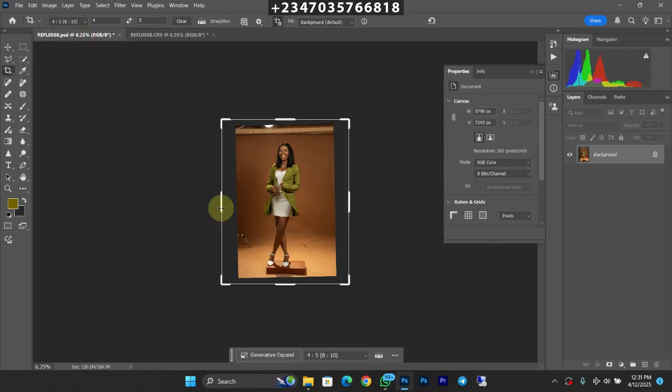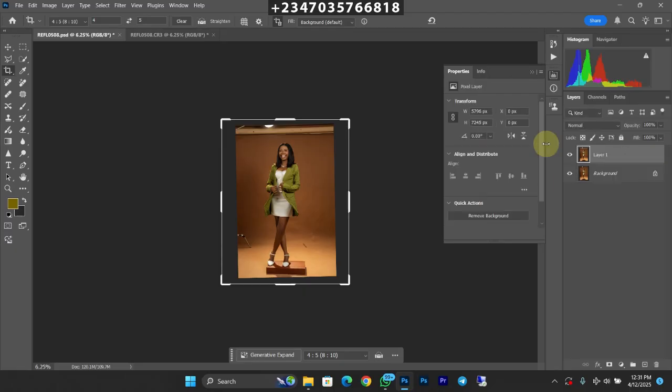So as you can see, that's the same thing I did in this particular place right now. The next thing I want to do is duplicate my background layer by pressing Ctrl J. If you're using a MacBook, it's Command J. Once you're done with that, the next thing you need to do is